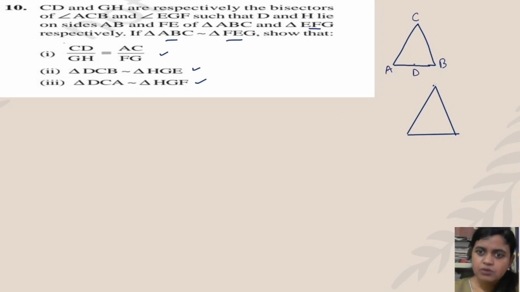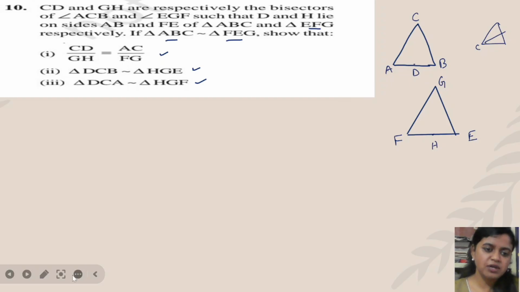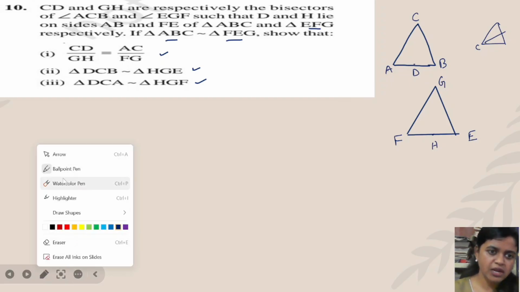And here GH. So G you can write here, and this will be the H point, and H is a point on FE, with F and E. Clear? If I draw it differently, this figure would be a little awkward. This way is convenient, easy to draw and easy to understand. Otherwise, you can draw it from another side also, but this is easy to understand. That's why I'm suggesting you draw it like that.